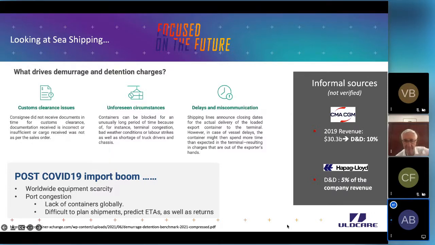So as you fully understood, the transportation processes are different and a bit different. But not surprisingly, what can drive the demurrage charge here is a customs clearance issue: incomplete documents or incorrect customs clearance documentation. Any of these could add some additional days, which can drive higher demurrage or detention fees. Unforeseen circumstances, again by the nature of this business, such as weather conditions, labor strikes, and shortages of truck drivers and chassis, can drive